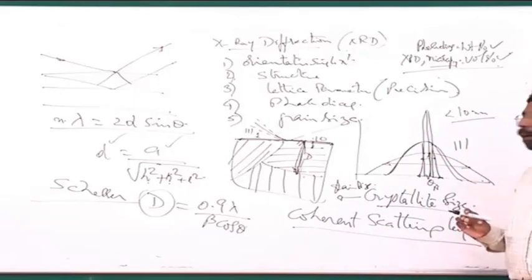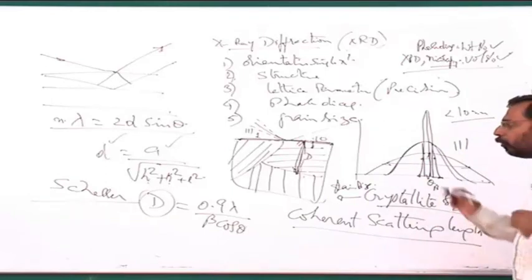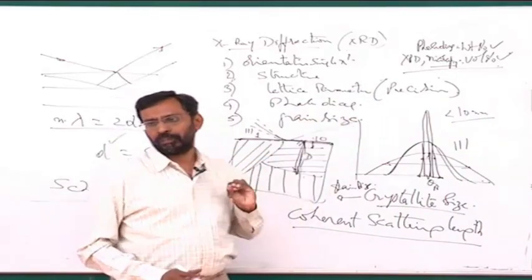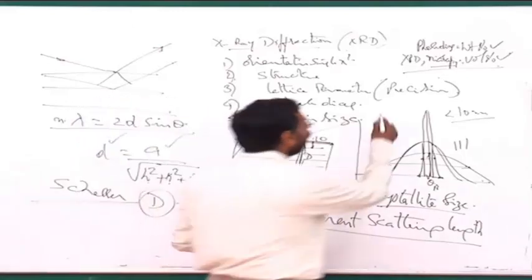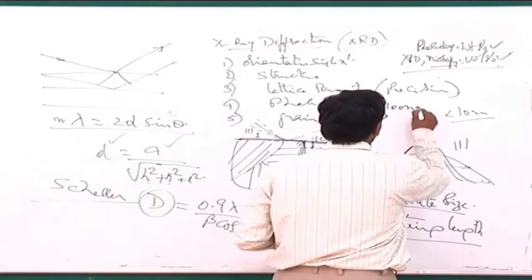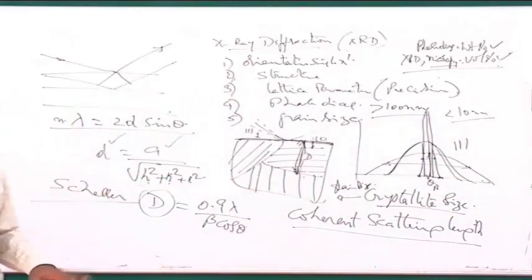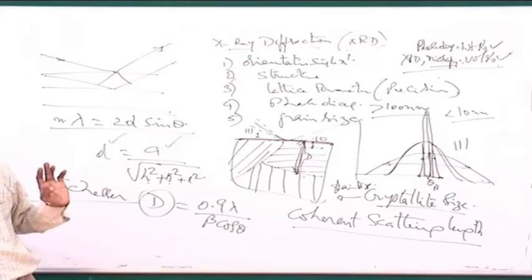The peak broadening that you are seeing is not only due to grain size, the smaller grain size. And I should also tell you that the peak broadening you get is almost zero, the contribution coming from the grain size goes to zero beyond 100 nanometers. So you should not use the X-ray diffraction technique to find out any grain size beyond 100 nanometers. If your alloy has 1 micron grain size, X-ray diffraction is not the technique to find out the grain size. Only for nanomaterials this has to be used.